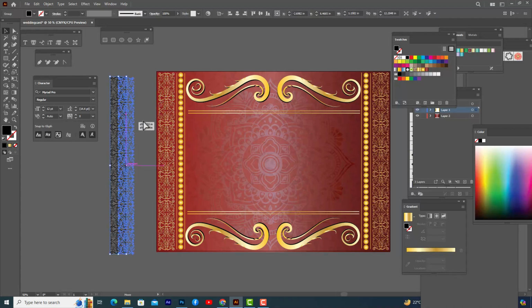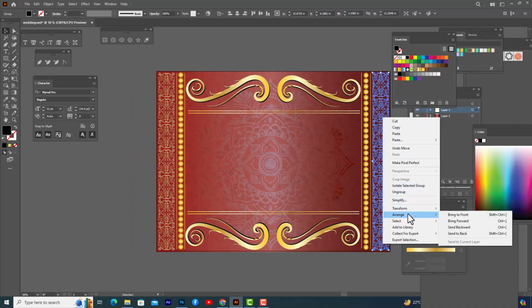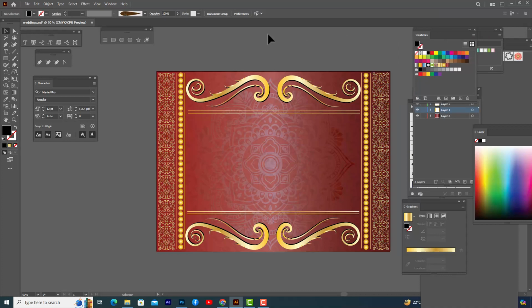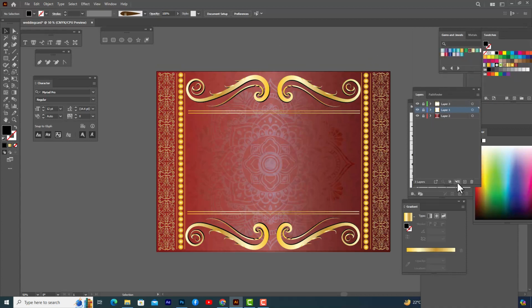So we'll do the same thing. We'll just place this shadow behind the design, so it will get some nice depth. So now there is some attraction, right? So then we'll put some matter at the center. So now we will lock all three layers. We'll take one more layer above all the layers, and then